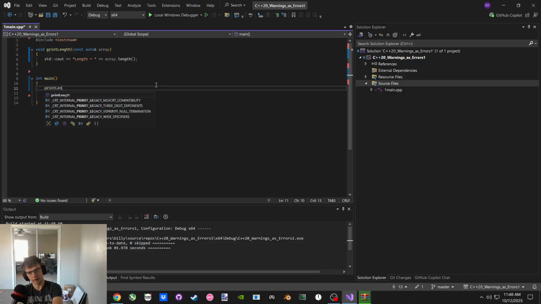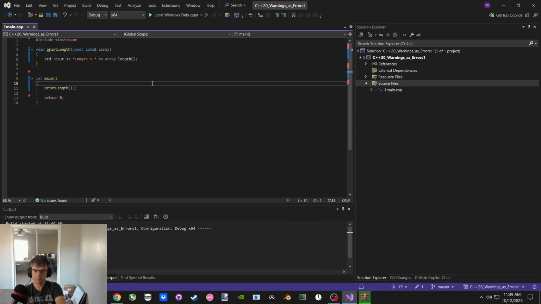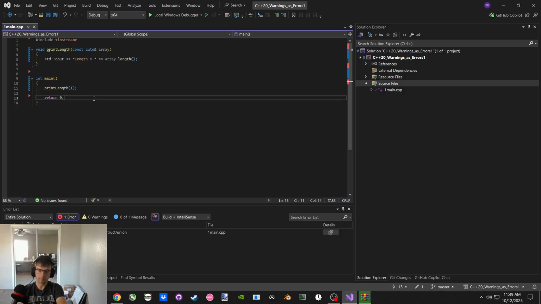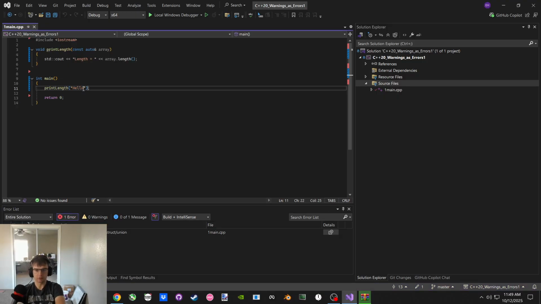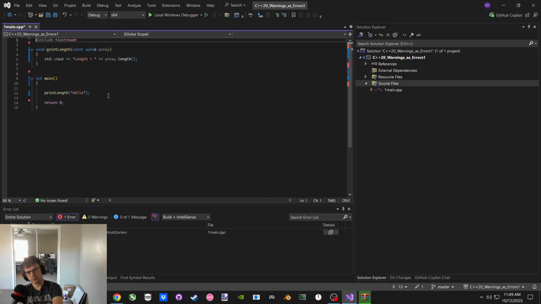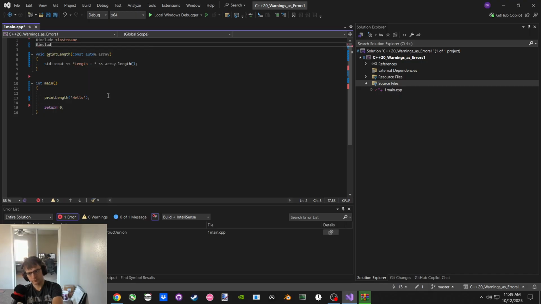So if I call print length 1, but if I call it with, actually it won't work here either because this is just a pointer to a constant character. But I could make, and sure, better yet, a standard string view.